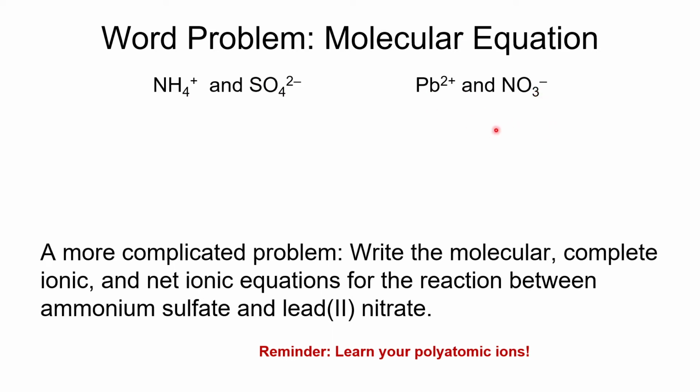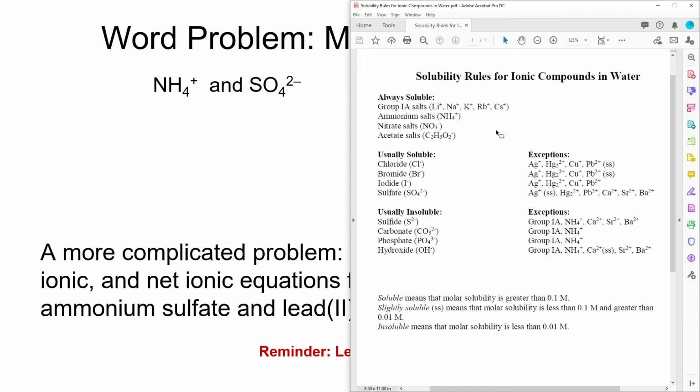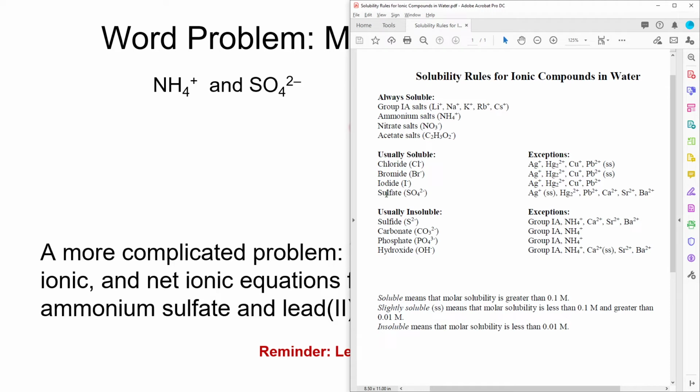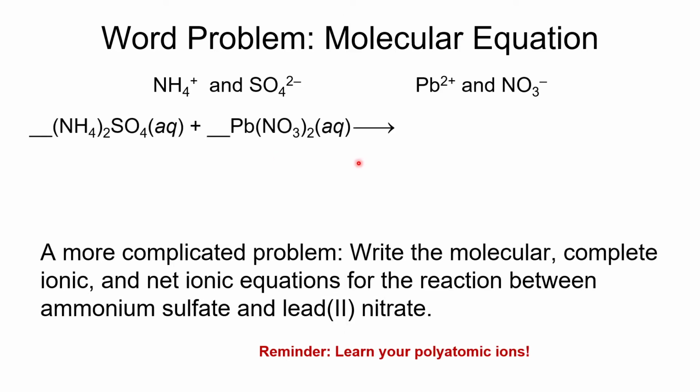All right, and those will both be in solution. Now, for determining what is going to form a precipitate, well, the precipitate is going to come from the things that are insoluble here, and as we see here, lead sulfate ends up being on our insoluble list. Sulfates are usually soluble. However, lead(II) sulfate is insoluble. So we can identify the precipitate by looking